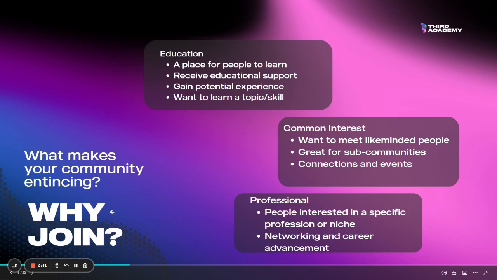So, what makes your community enticing? The next question to ask yourself is, well, why would somebody join your community? They need to have something that draws them in and kind of keeps them there. So if you have an educational community of some kind, then you're giving people a place to learn. They are receiving education or educational support.